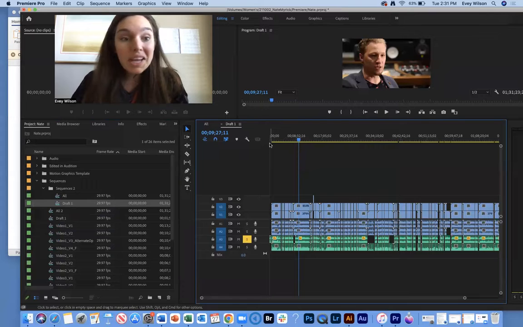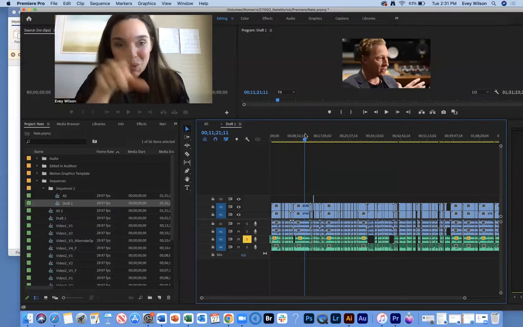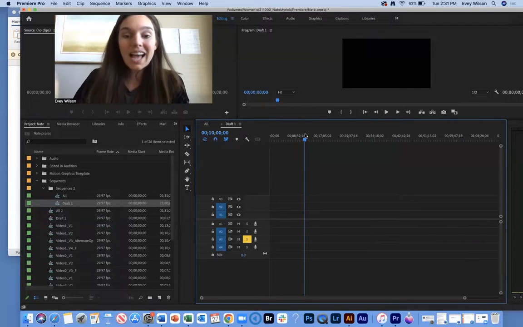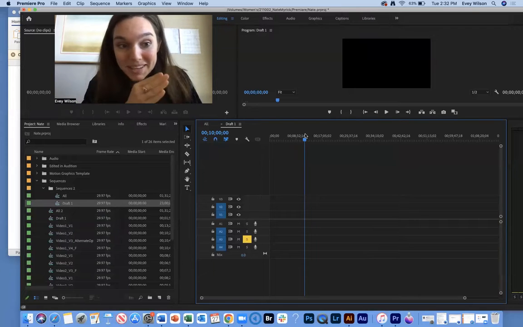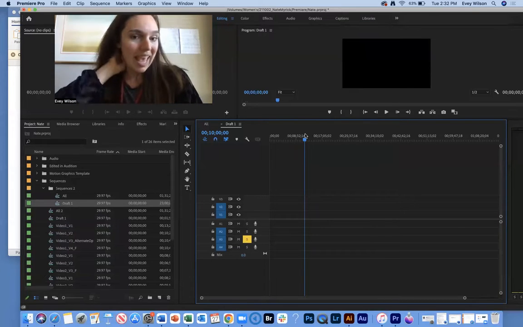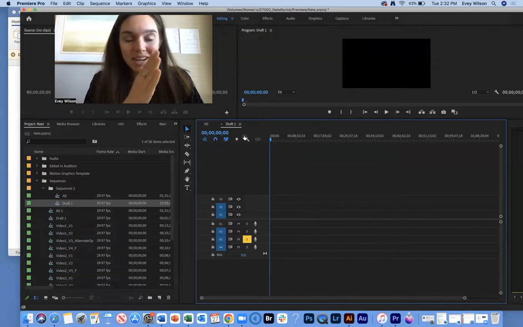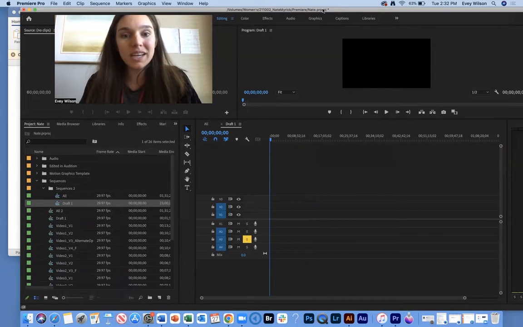The issue is I don't want anything on it. So I'm going to go back to draft 1, make sure that I am in the lower right-hand quadrant, and I'm going to do Command A. Deletes everything from there, right? Okay, so Command A took it all out. And now I have an empty sequence and I'm going to move my cursor to the beginning of that sequence. And now I'm going to just toggle in between my